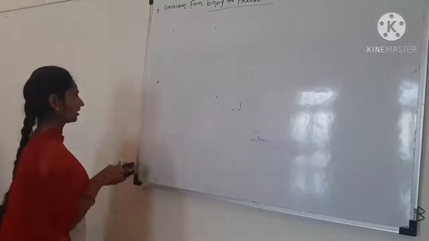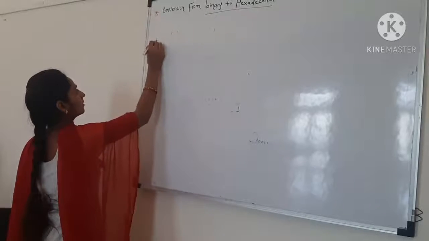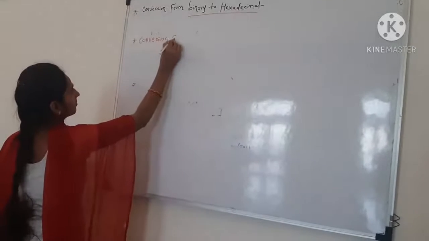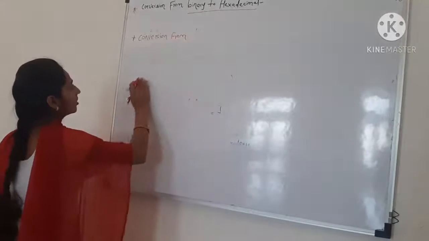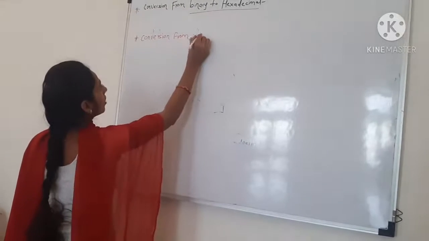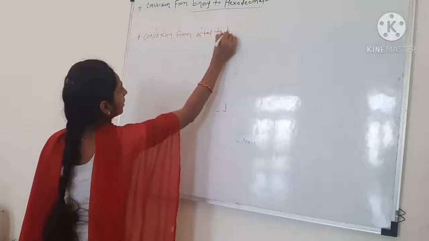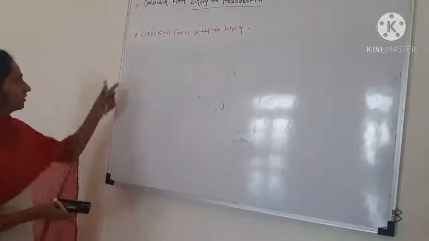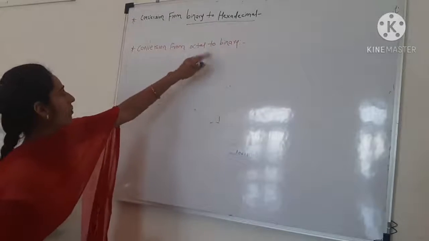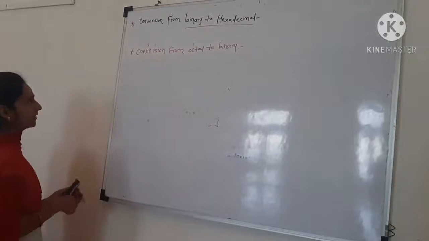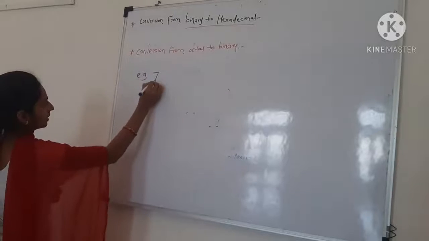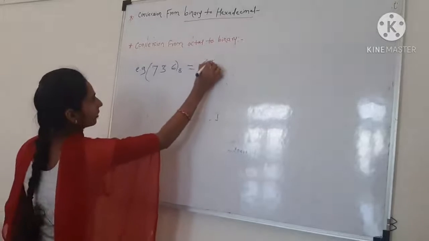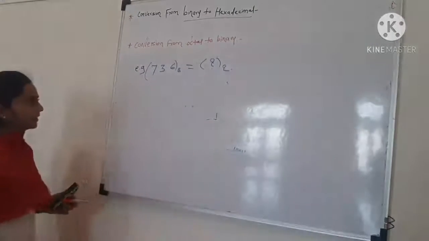That is the conversion from octal to binary. In the previous lecture we have seen binary to octal. Now in this we are doing the conversion from octal to binary. So let's take one example, that is 736. It is an octal number and we have to convert it into a binary number.